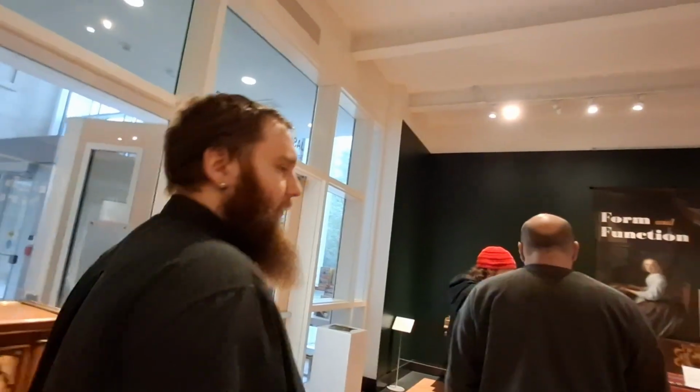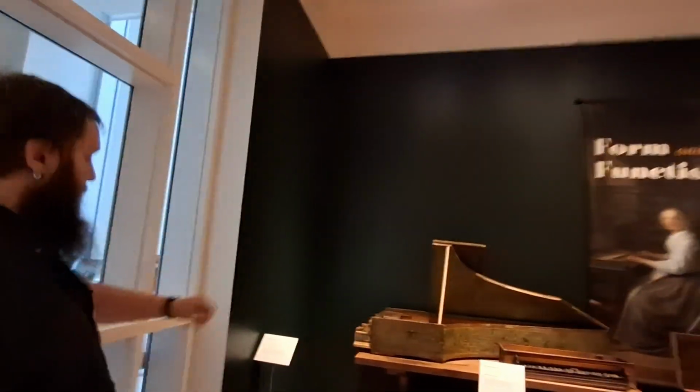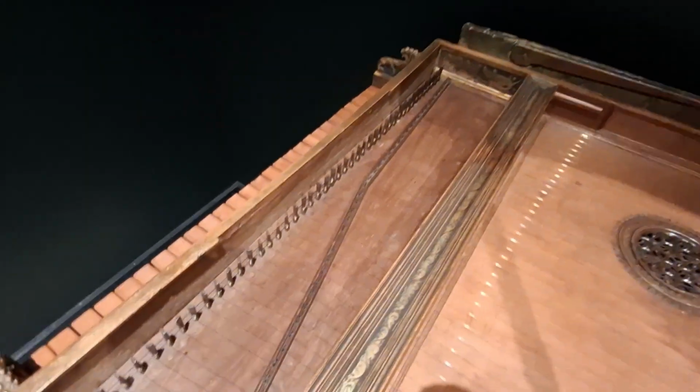The most important keyboard we have will be this harpsichord back here. It is one of the oldest surviving harpsichords in the world, made from 1520 to 1540. Still in playable condition. We use it still for concerts. We don't let everyone use it, of course, but